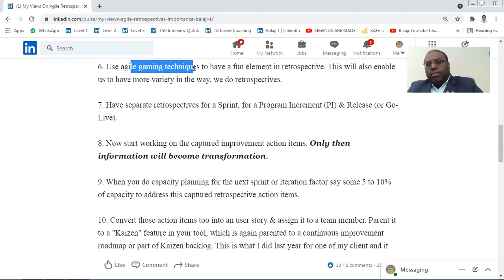Okay, now point number 7 is very important. As I mentioned already, have separate retrospectives for sprint, for program increment, and for release, for the primary reason that the goal of your sprint is different. The goal of your program increment is different. The goal of your release is different. One more thing, the teams who are working at this level are